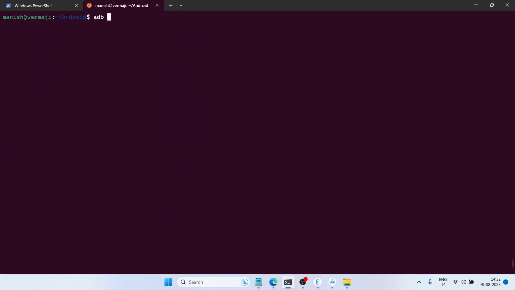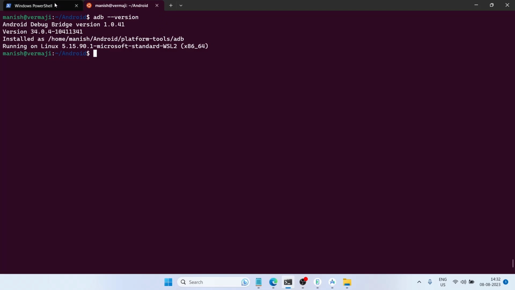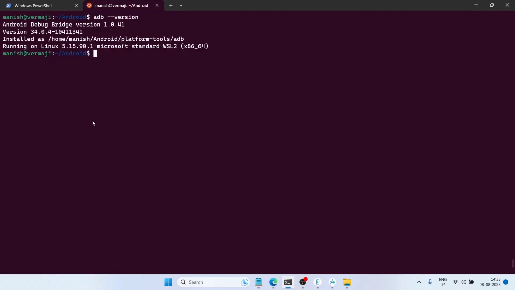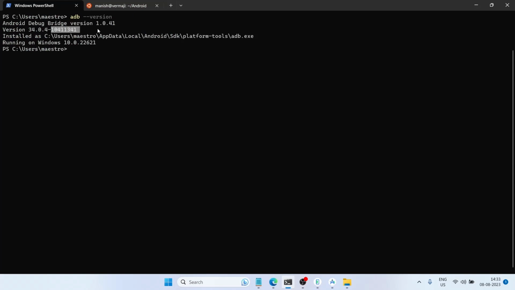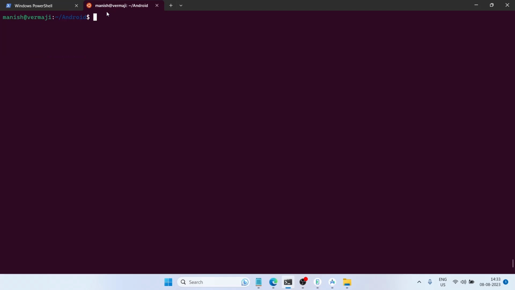And let's see the adb version, which is exactly what we had here, right? This is very essential. 34.0.4, 104. The minor version doesn't matter, but at least it should be 34.0.4, and here also it is 34.0.4. Sorry, it is a patch version, right? I may be wrong. Leave it. Okay, now we have our Java installed, our Android SDK installed. We are good, right? Now it's time to